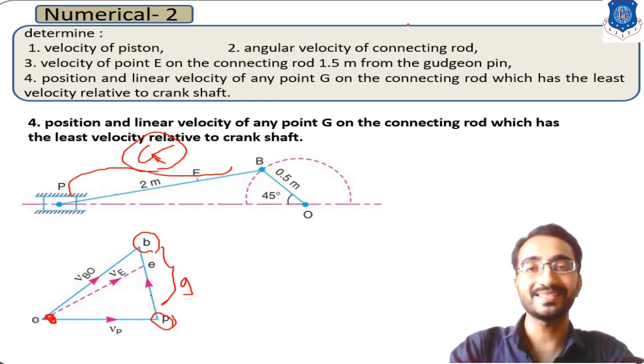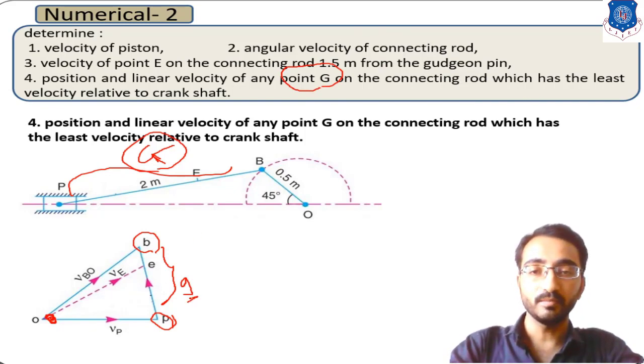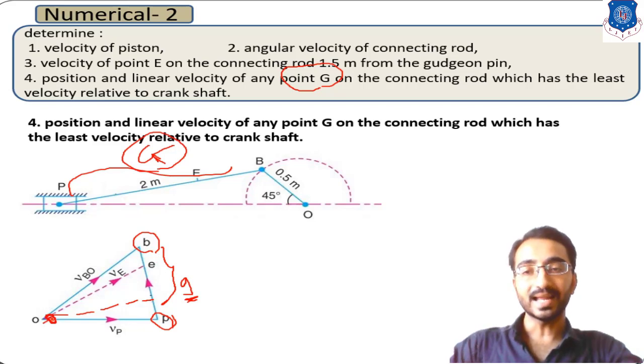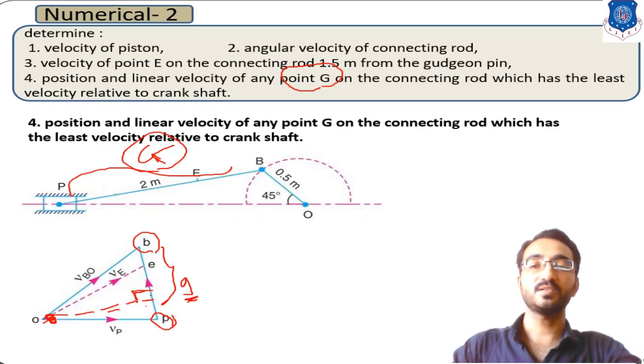Okay, simply you can consider that you have to find point G having minimum velocity. So over here, to get the minimum velocity point, the point having minimum velocity will have the minimum distance from this reference, and when you have to get the line which is having the minimum length, then you have to always sketch perpendicular to that line, because this perpendicular will give the minimum length.